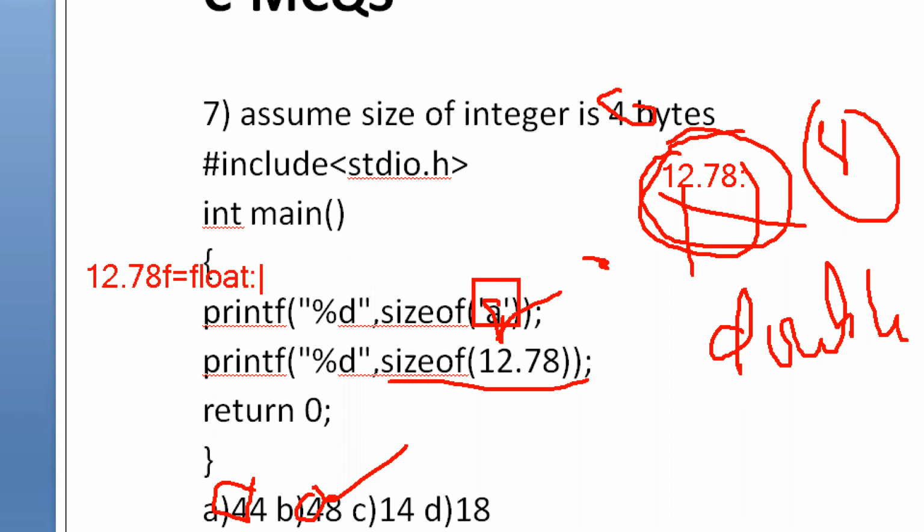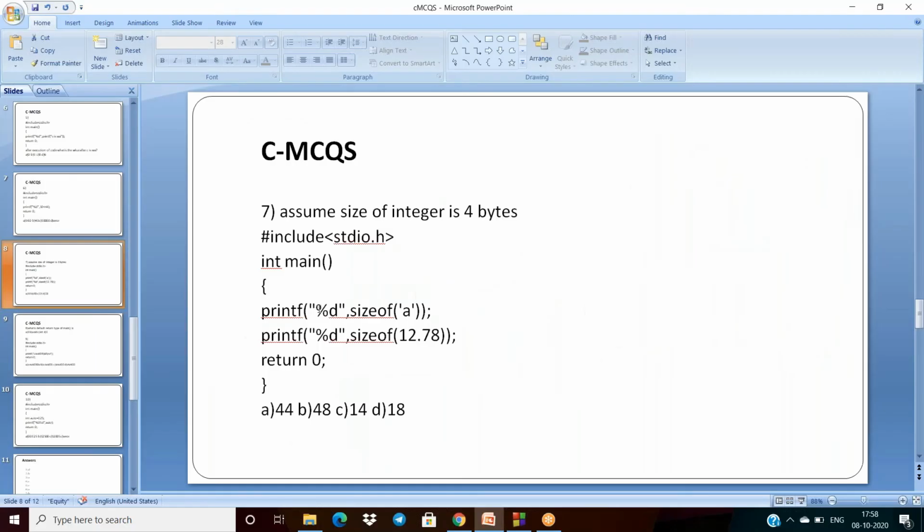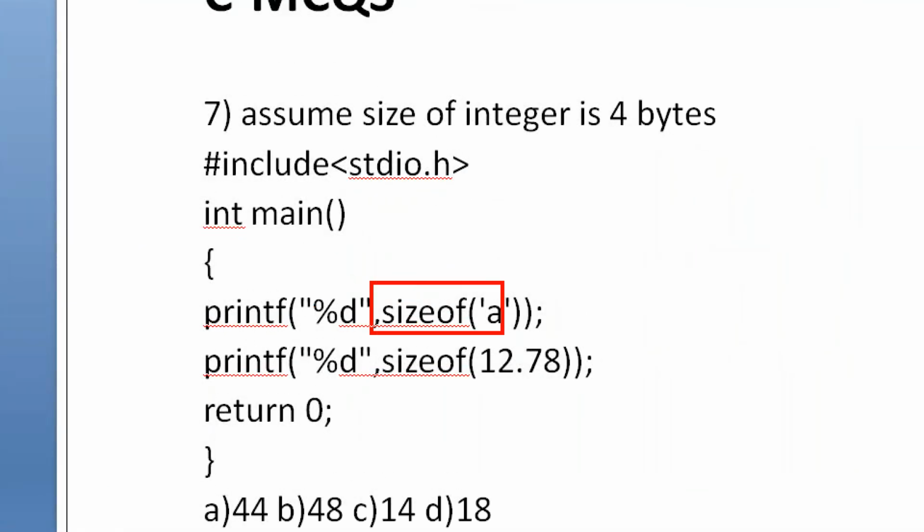Then float means what? 4 bytes. Okay, answer is 4. But if I am using only 12.78, that is why you will get answer 48. Here I am taking it as a literal. Okay, so it is literal. A is the literal. So if I am taking a declaration like a